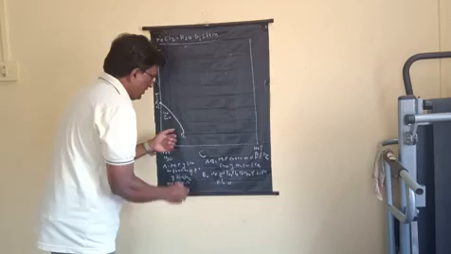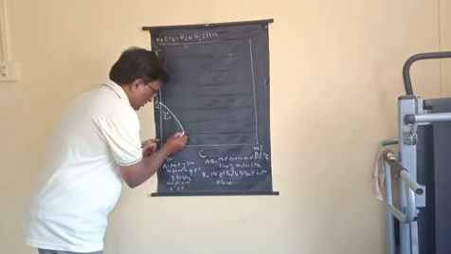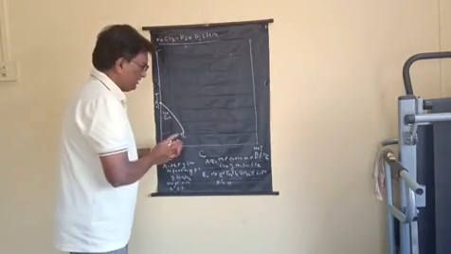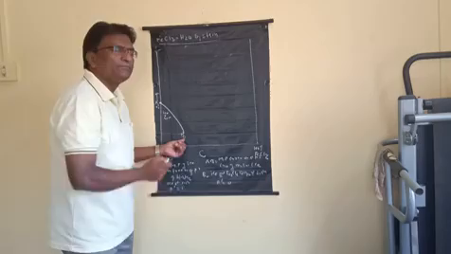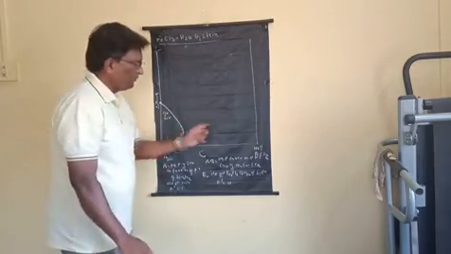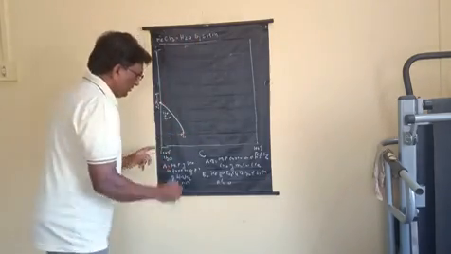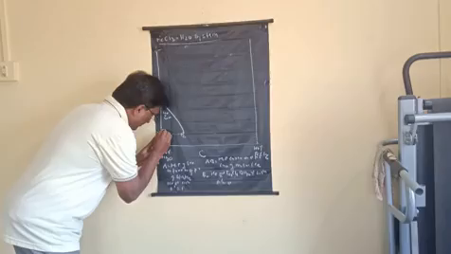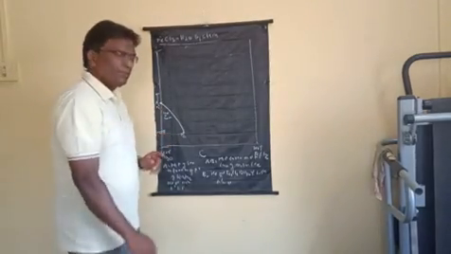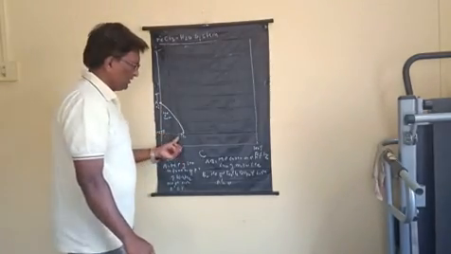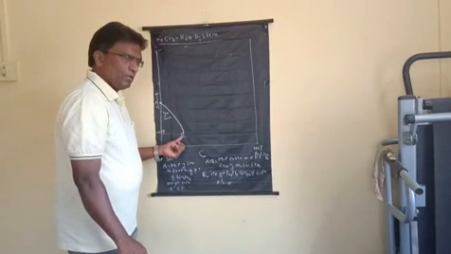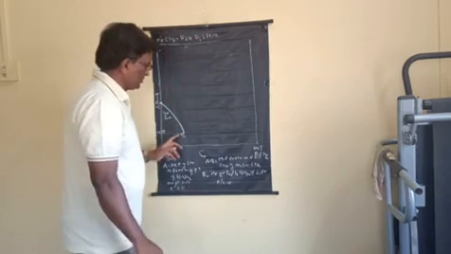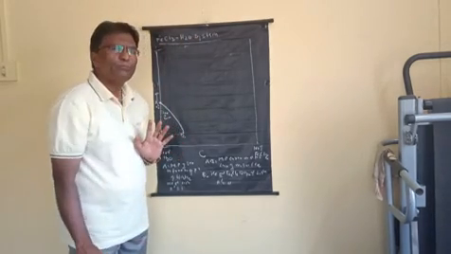Now this is the point up to which the temperature of ice decreases. This is the lowest temperature we can achieve with the help of this particular salt water system, and that temperature is minus 55 degree centigrade. This is the lowest temperature we can achieve with this particular system.